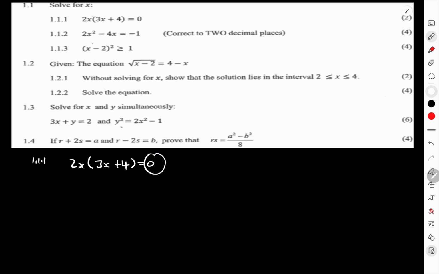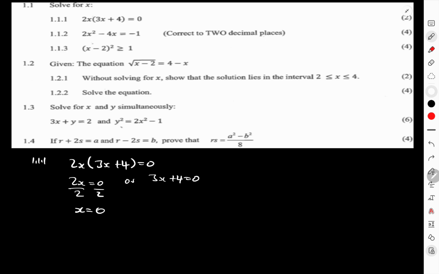So already here we have a 0 as our number on our right hand side, meaning we can simply split our terms. Therefore we're going to have 2x equals 0, or 3x plus 4 equals 0. Now 2 and x, they are multiplying. I'm going to do the inverse operation of multiplication, which is to divide both sides by 2, because whatever I do on the left, I should also do on the right. Therefore our x value should be equal to 0,